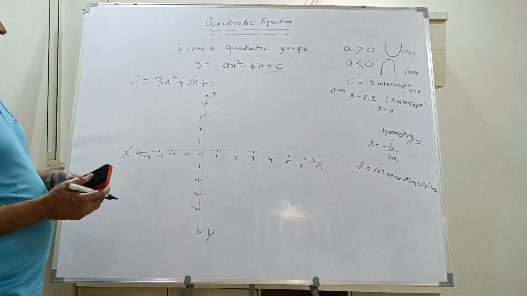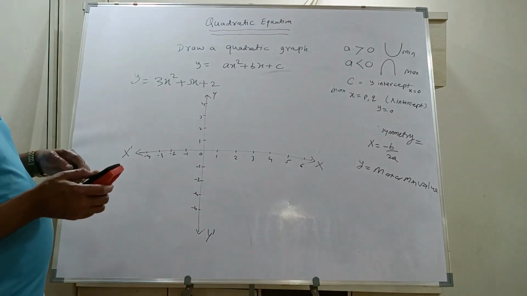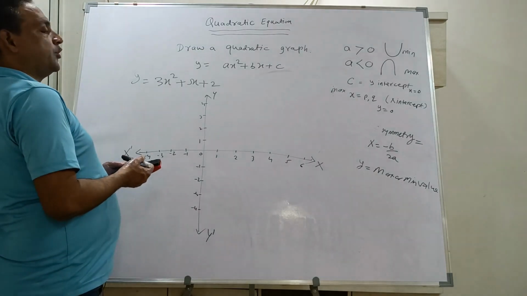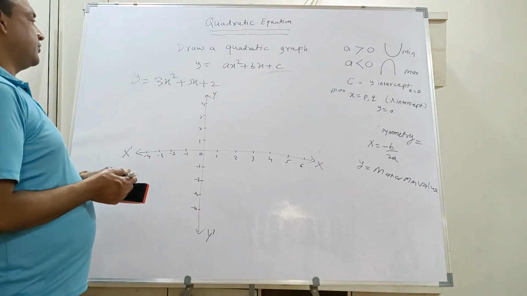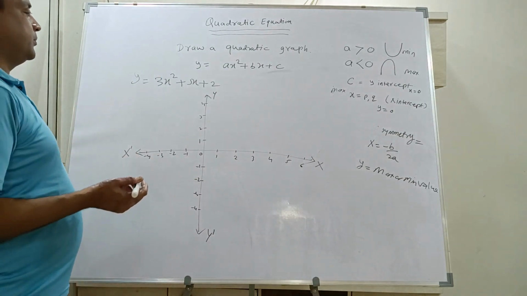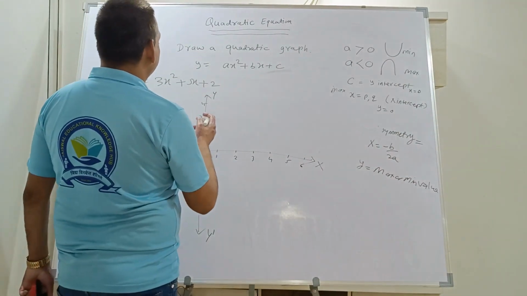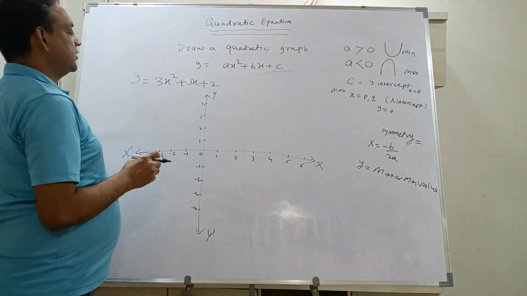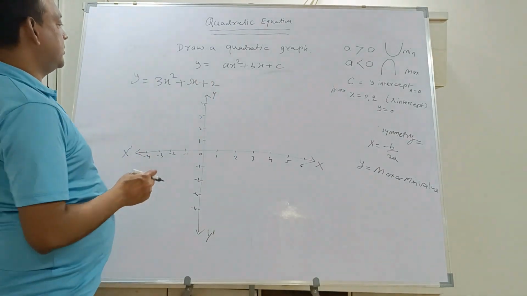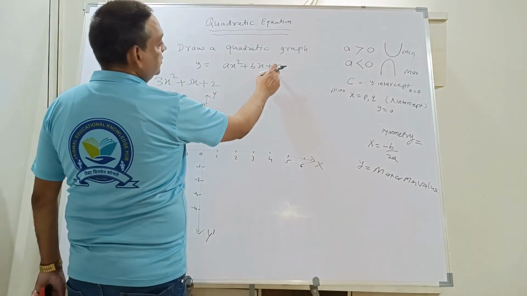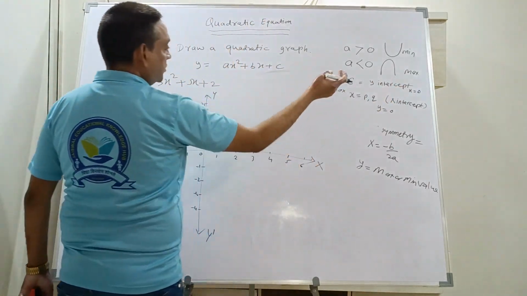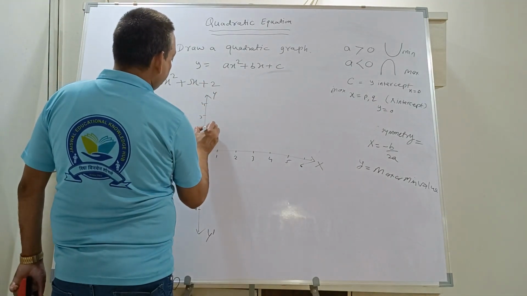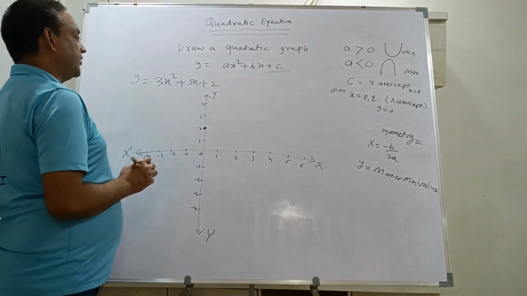Okay, so for sketching the graph we have different ways. Some teachers simply say you take three to four x values, find the y values and plot everything, but we'll not go with that method, we'll directly go here. So what is the y-intercept in this? I told you whatever the constant number c is, that is the y-intercept. So c is the y-intercept means x is equal to 0, so y is equal to 2. So this is the first point, y is equal to 2.